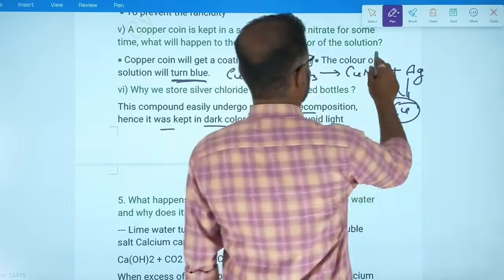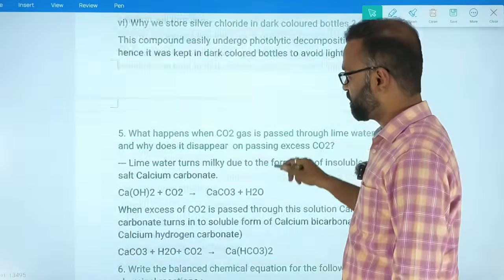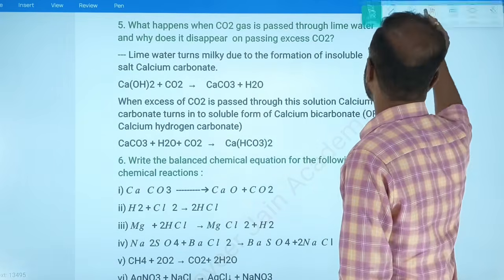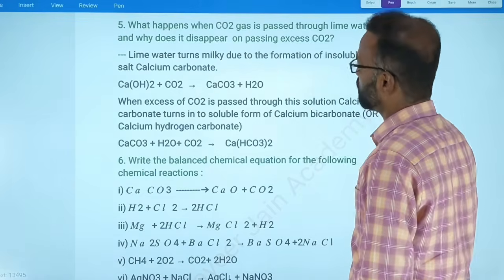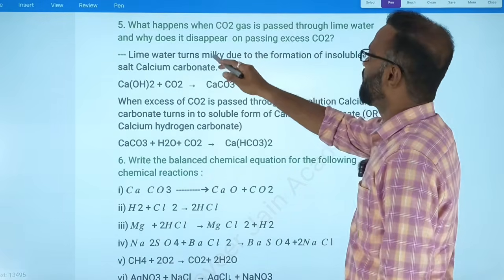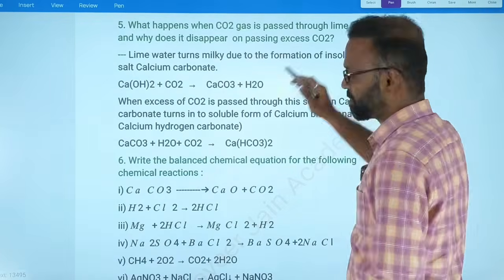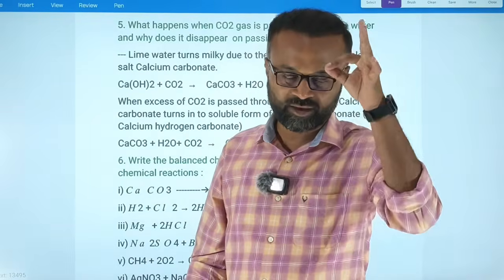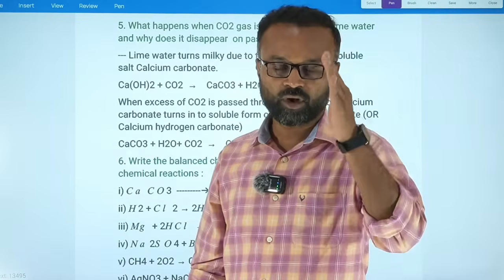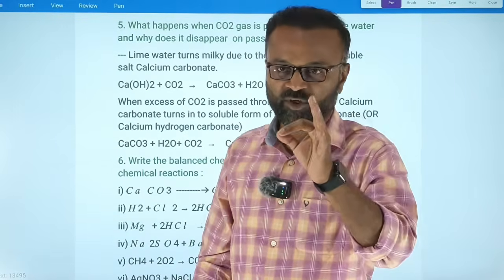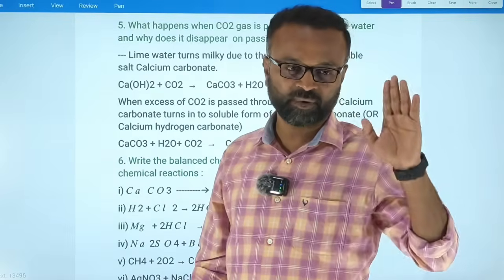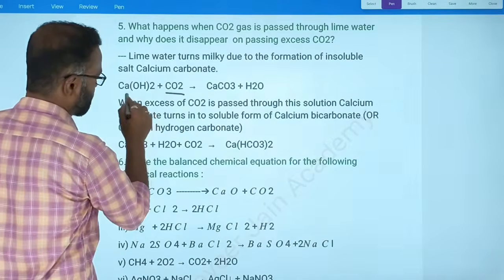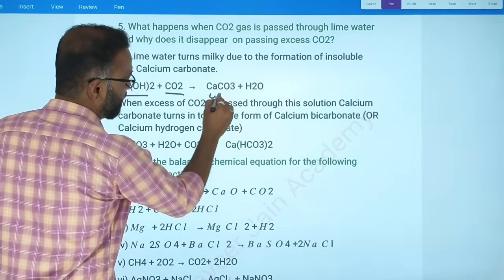Next one is a very interesting 3 marks question. What is that 3 marks question? Let us try to understand the 5th question. What happens when carbon dioxide gas is passed through lime water? Already we discussed it. But what we don't know is, why does it disappear on passing excess carbon dioxide? Listen carefully. When carbon dioxide is passed into lime water, the colorless lime water will turn milky because of the formation of a white precipitate of calcium carbonate. Now see here. When carbon dioxide is passed into calcium hydroxide, it forms the white precipitate